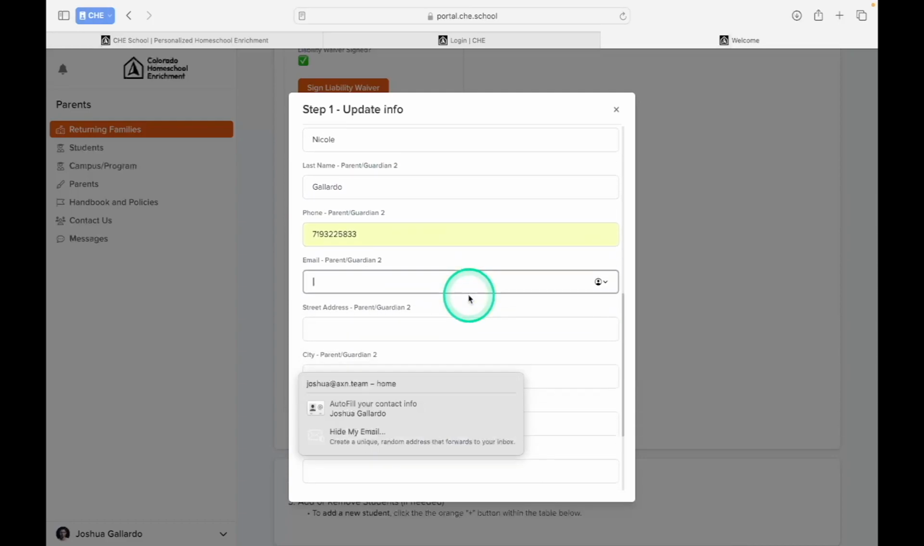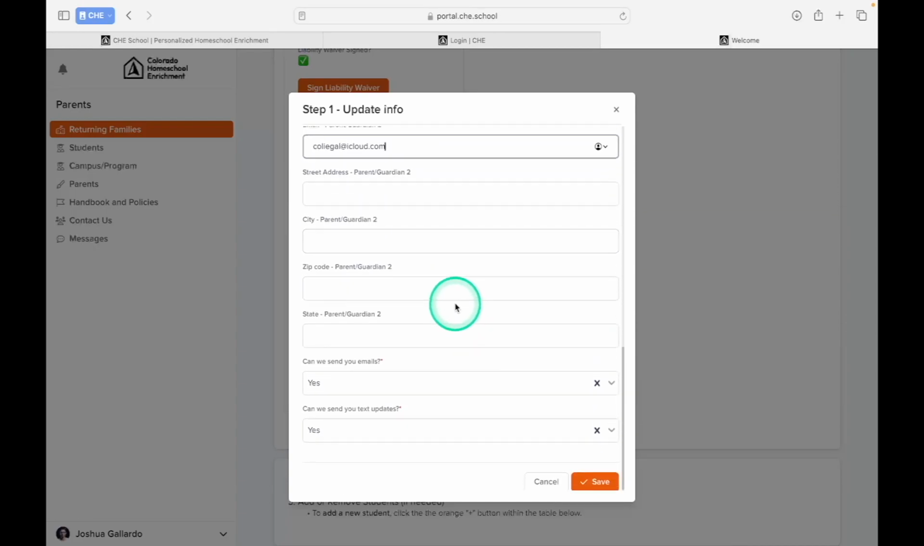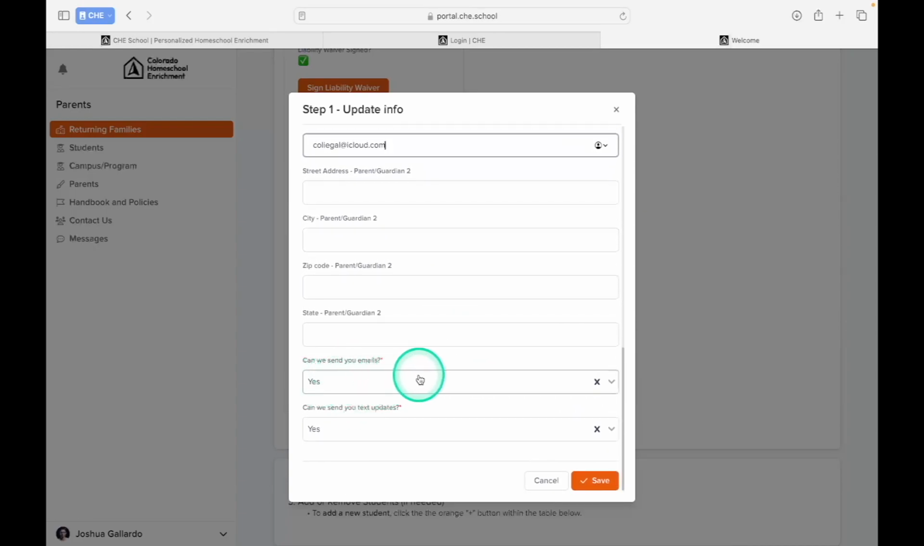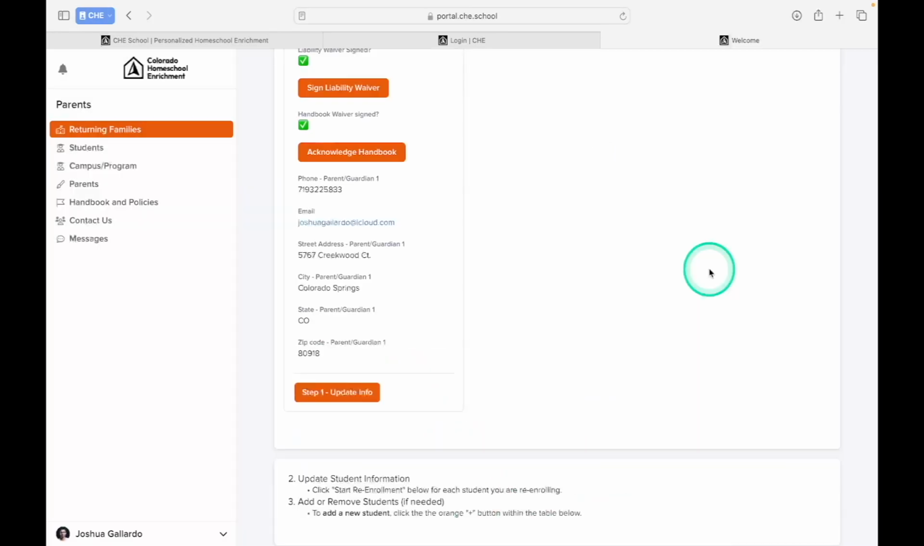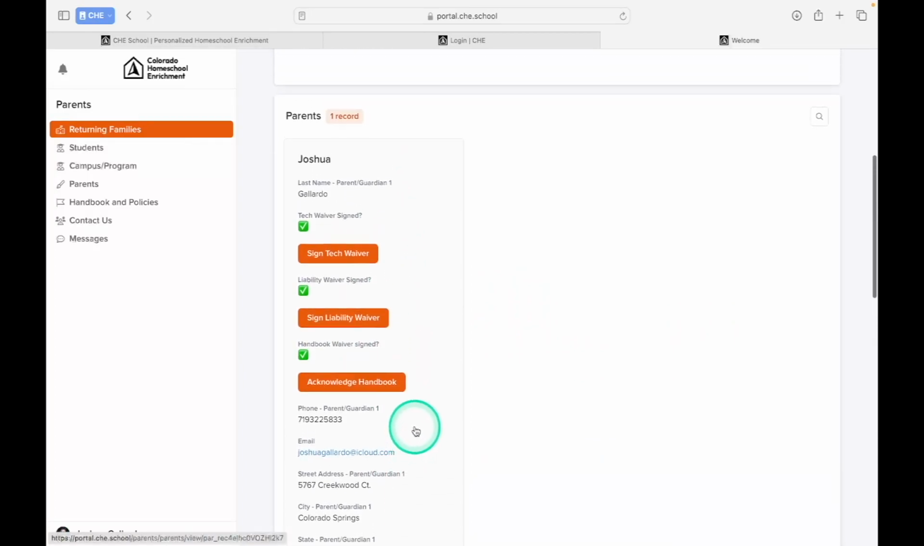Great. And an email address. And then it's asking, can we send you emails? This is required, so make sure you check yes or no on that. Same with text messages, and we press save. Excellent. So now our parent information is updated, but if you are new, you will probably see red X's here